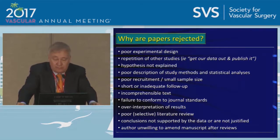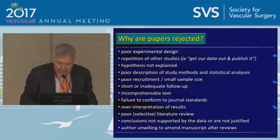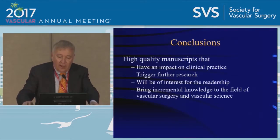That's sometimes very difficult, is that after 1 or 2 reviews with extensive comments, we get an answer, thank you very much, but no change has been made in the manuscript. So then we have to reject it. So what we are looking for are